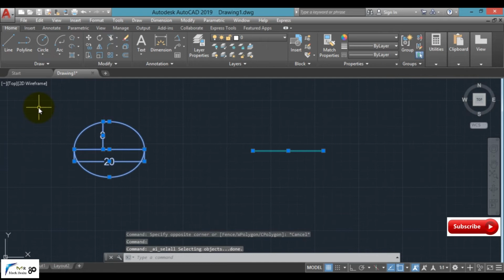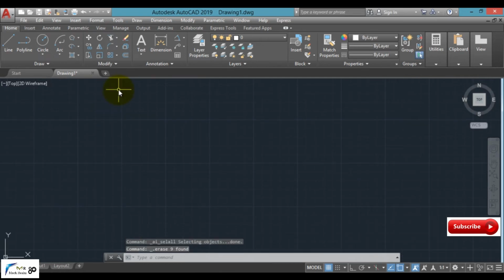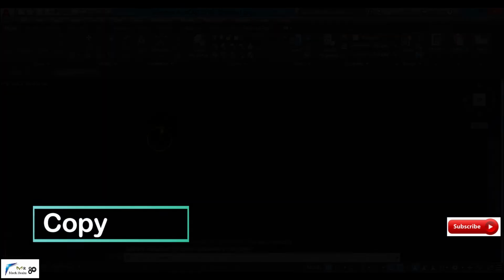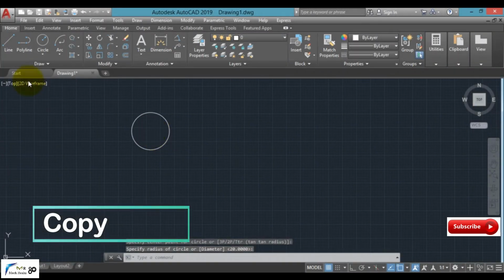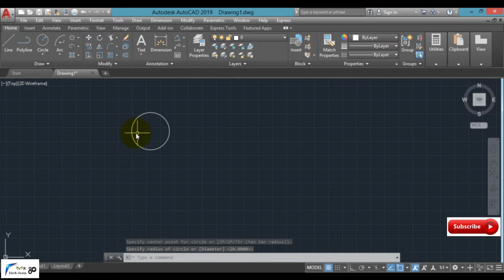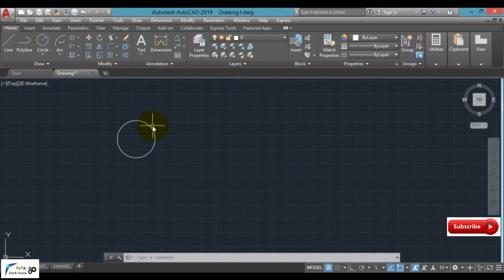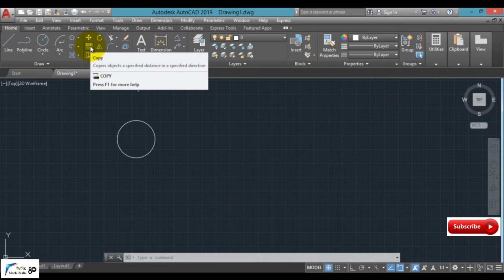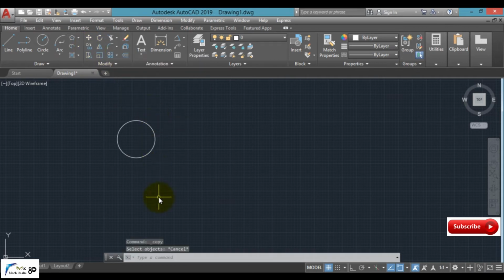Now one of the most important commands, that is the copy and move command. Simply, if I have created a circle over here and I want to copy it, we select the copy command from this modify panel, or simply type CO enter. The command becomes active. Select the object which you want to copy, press enter.